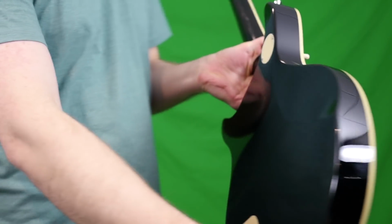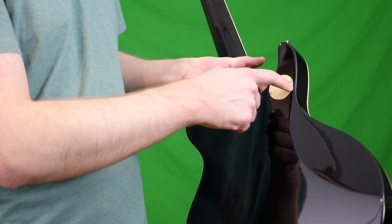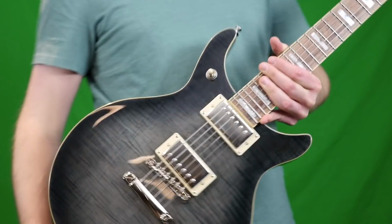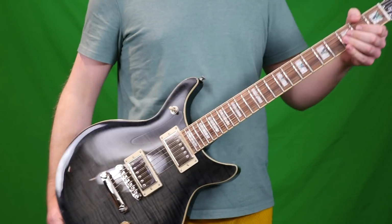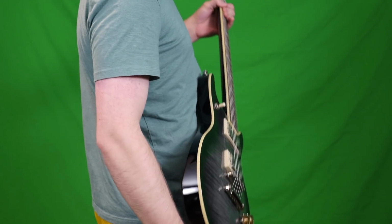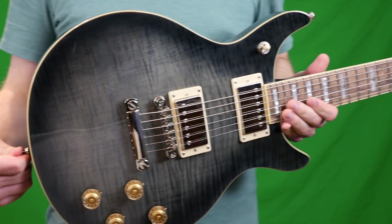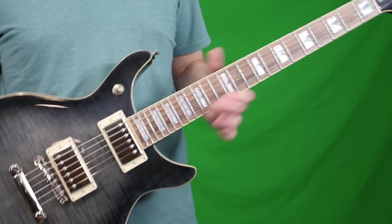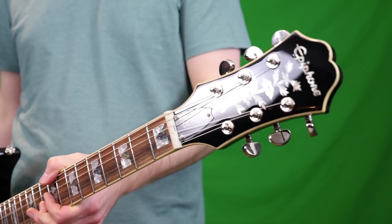Another con is take a look at the design of this comfort cut. Since they have their toggle switch cavity right here, they couldn't continue the cut. So when you have this on a strap, at least the way I play it, the comfort cut doesn't even hit me at all, because I'm riding up against the side of the instrument like this instead of over here. So small complaint there. Obviously, we discussed the whole neck dive thing. It is a little bit neck heavy,